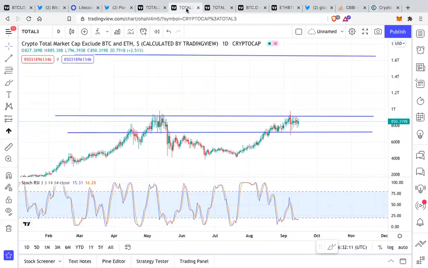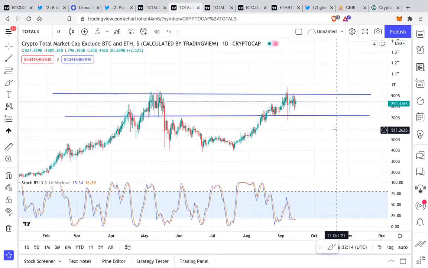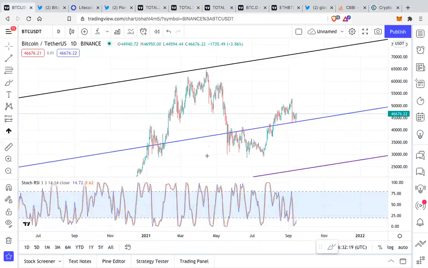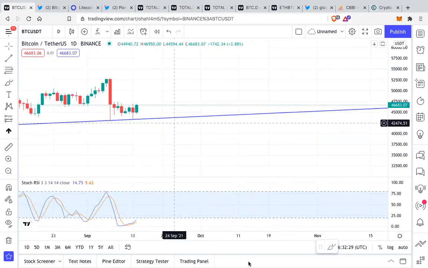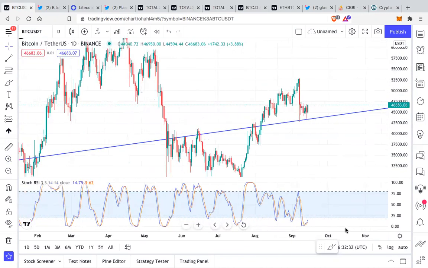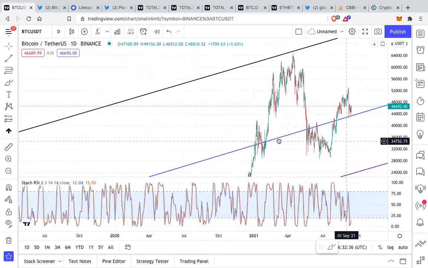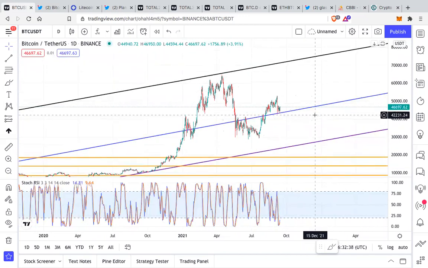We will experience some consolidation or some correction, but just look at this, guys. We were at around 29K a few months back, and today we are sitting comfortably at around 46,000. 46,683 is the price right now as I'm recording this video. So there is nothing that you should be complaining about, in my opinion. And Bitcoin is showing something epic, which I'm going to make a video on very soon.